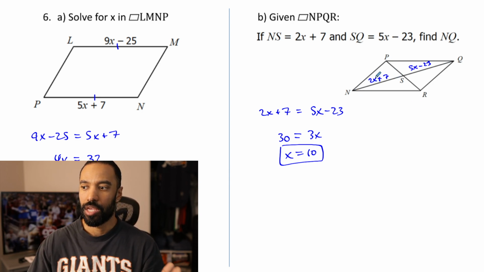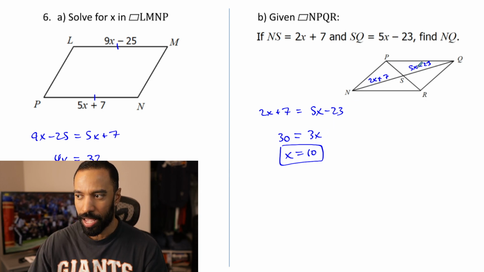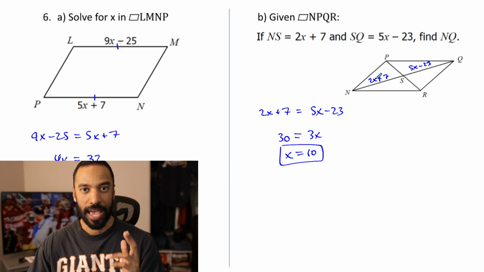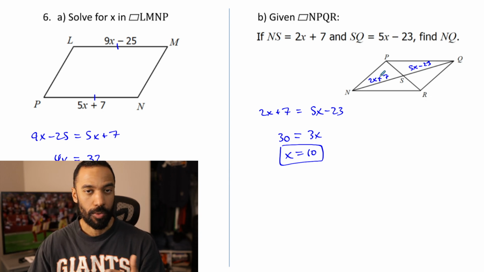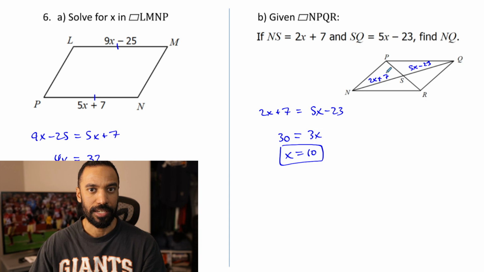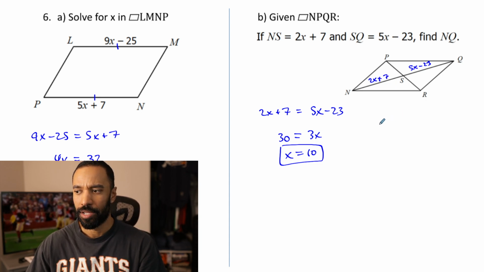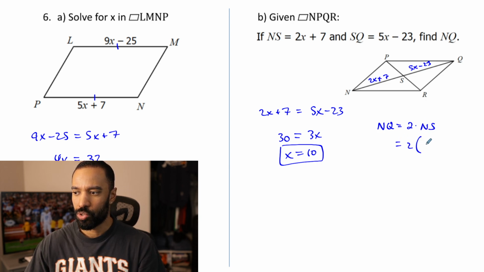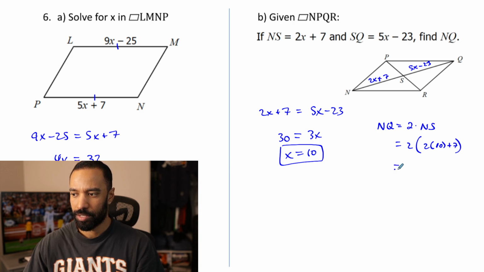So you have options. You can substitute 10 into here and add them both. You could substitute x into one of them to represent half the diagonal. It is bisected, and you can double it. I'm going to go for that one. I'm going to say NQ is double that of NS, which is 2 times 2x plus 7, so 2 times 10 plus 7, or 2 27s,